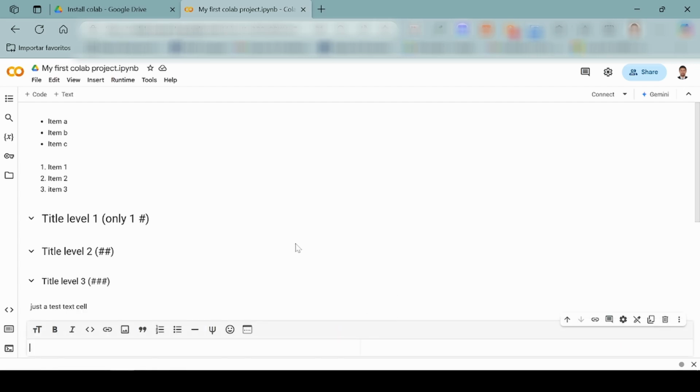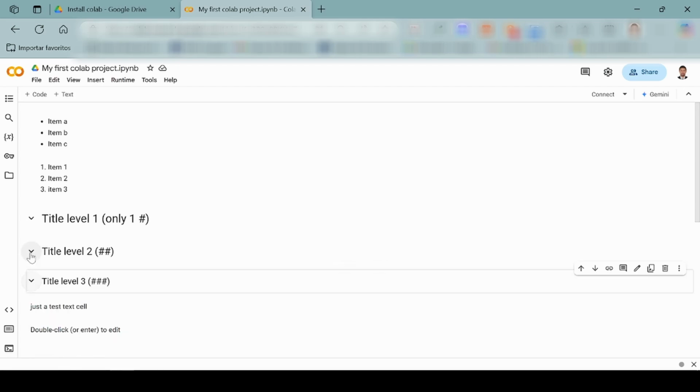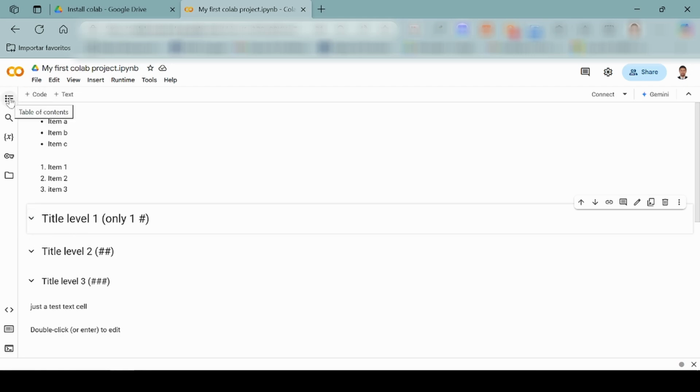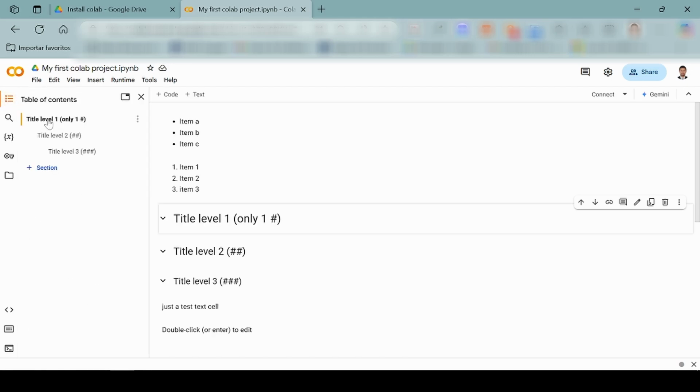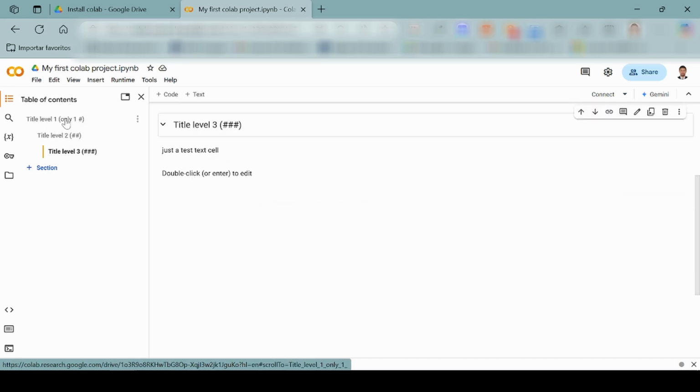Now, the interesting part of the titles is that you can group them. And you have a table of contents here at the left. The first button is table of contents. You can navigate here easily.